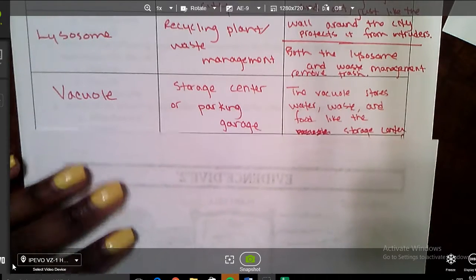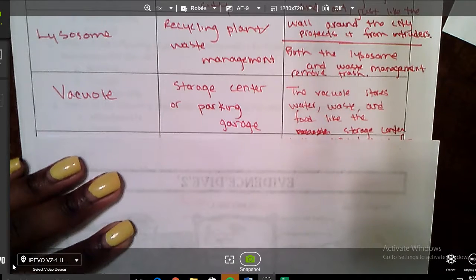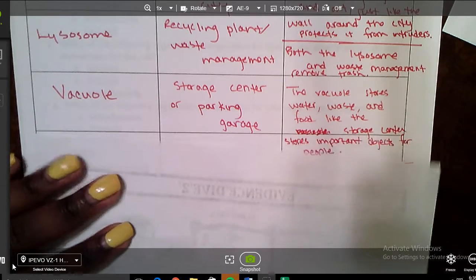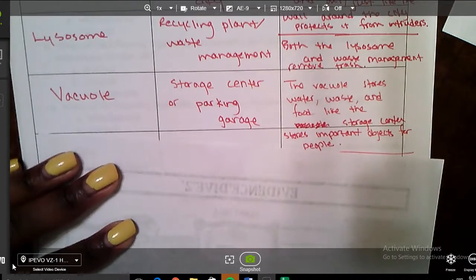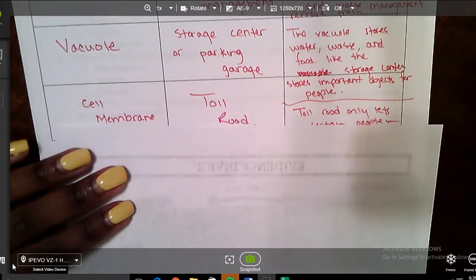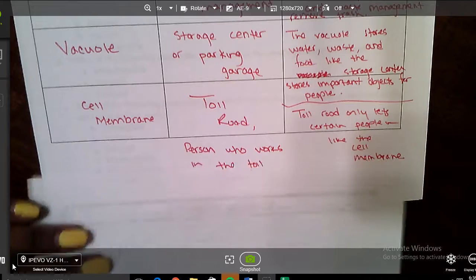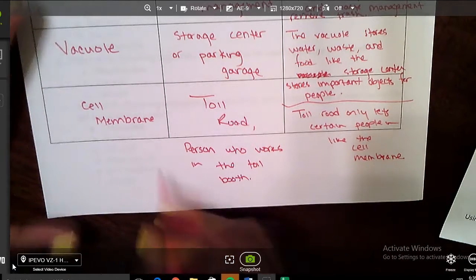Next word is the vacuole. I said it was like the storage center or parking garage. The vacuole stores water, waste, and food, like the storage center stores important objects for people, or a parking garage stores our cars until we need them. I said the cell membrane was like a toll road. The toll road only lets certain people in, like the cell membrane, or you could connect it to the person who works in the toll booth,